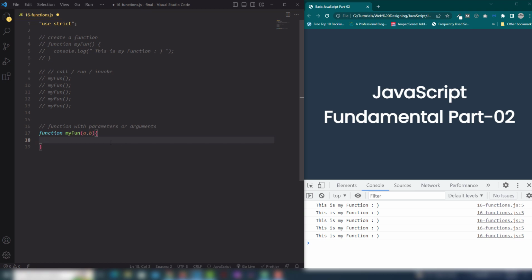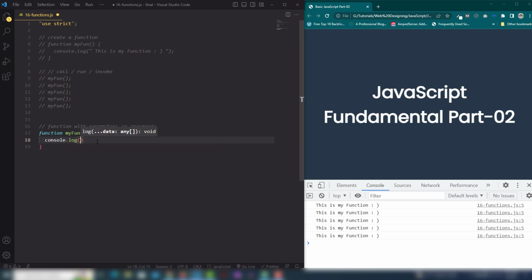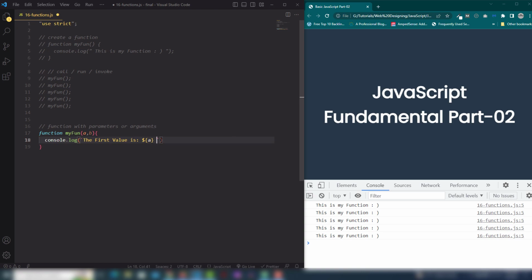So inside the curly brackets, inside the function body, I'm going to use console.log and a template string, and the value is: I'm going to use the a variable or parameter inside there, and then I'm going to use